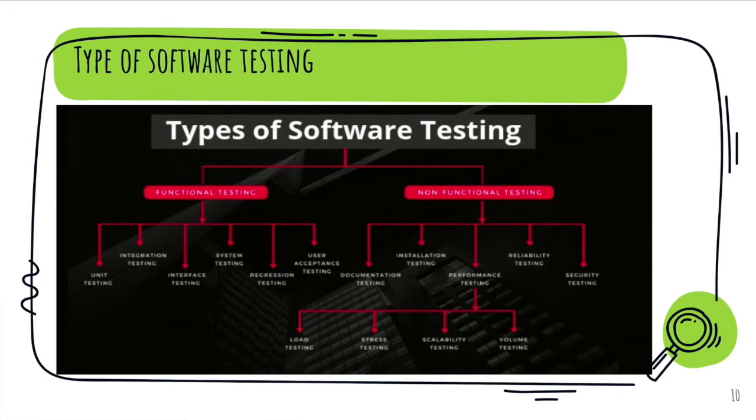Then we have reliability testing. Reliability testing is to see that whatever has been designed, it is reliable. And security testing is to see that there is no data leakage or any kind of data breach that can happen because of the application if it has not been handled correctly. So all the valuable information that the application is taking from the user should not get leaked. Apart from that, in security testing, we also see that the application is very robust and it is very hard to break by the hackers.